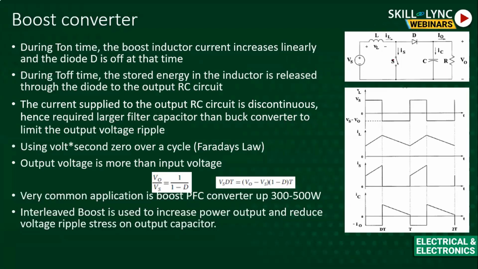During the on time, the inductor is basically shorted through the switch, and the inductor will be charging, and the inductor current will be rising in this way. This is the graph. And then when the switch is off, this inductor current will decay through the diode. So basically this capacitor will be charged. During this time, the load will be taken care of by the capacitor.